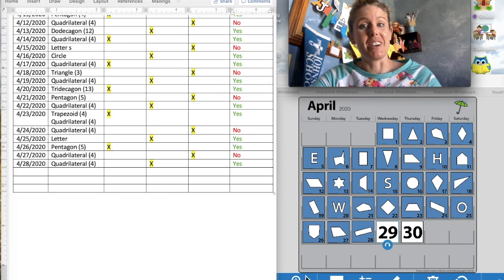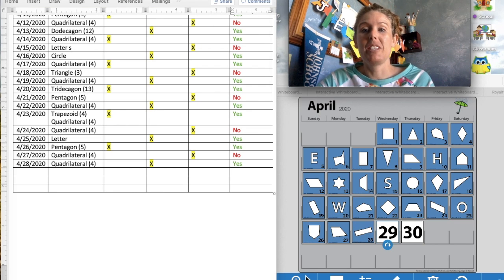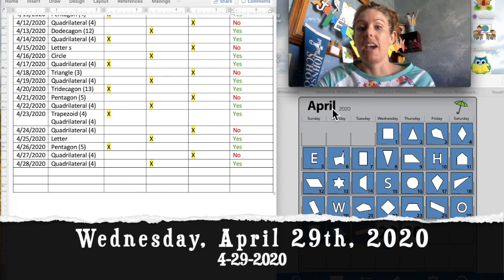Miss Gansko here again for another day of Number Corner. Let's start off with today's date. If we look down at our calendar, today is a Wednesday, a wonderful Wednesday. It is Wednesday, April 29th,